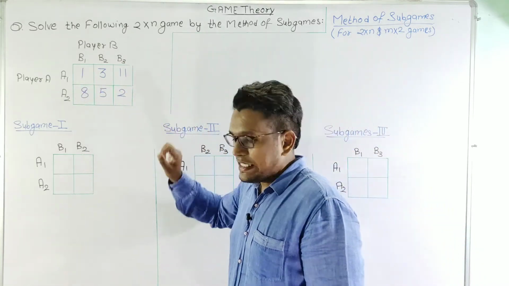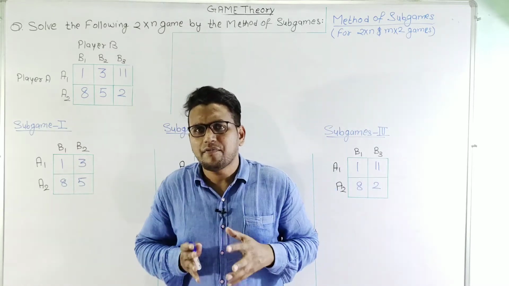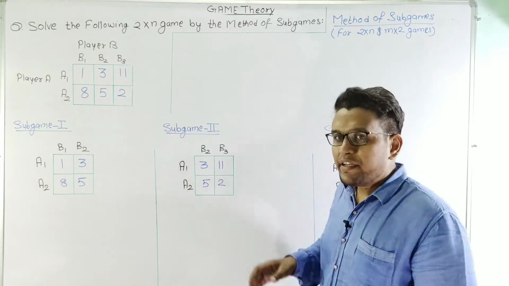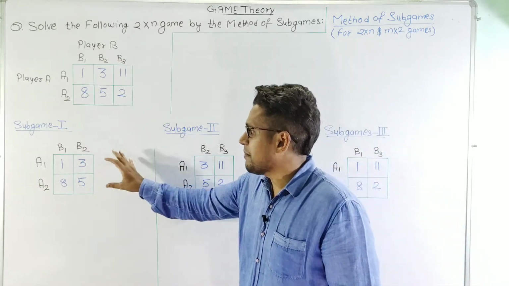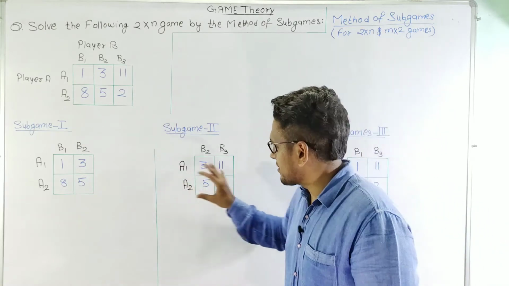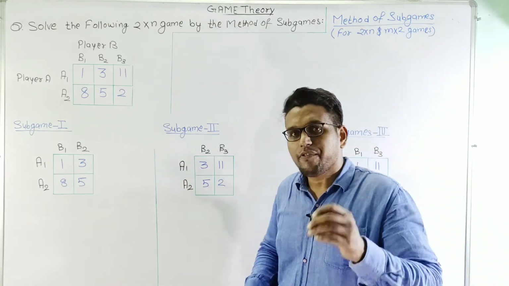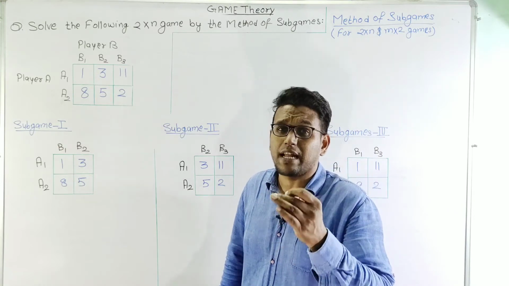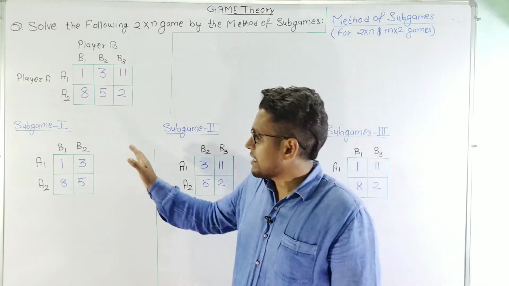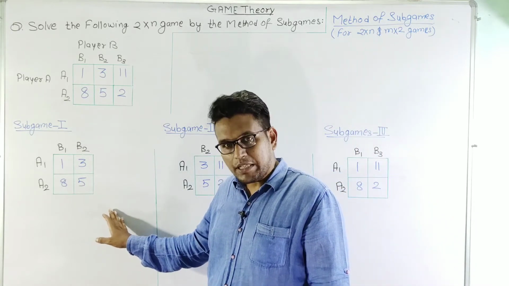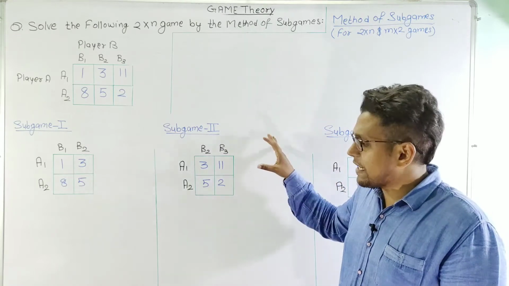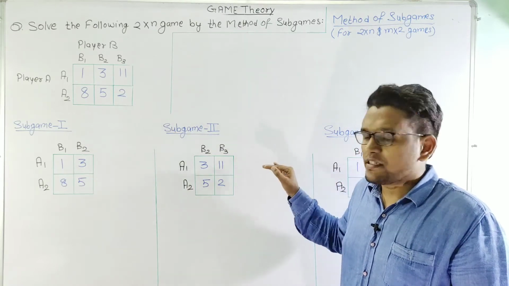Now let us write the values here. As we have now divided our game into 3 subgames, we need to treat each subgame as an individual problem. That means for each subgame we will first try to find if there is a saddle point or not, and if a saddle point exists then the subgame terminates here. And if we do not find a saddle point, then we will solve it using the mixed strategy.